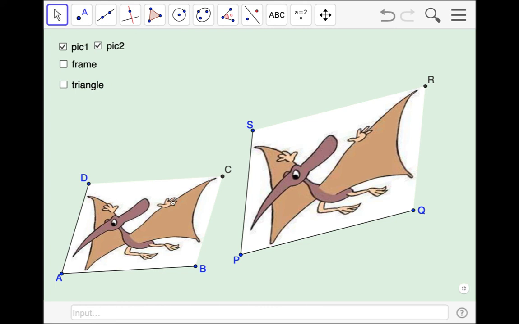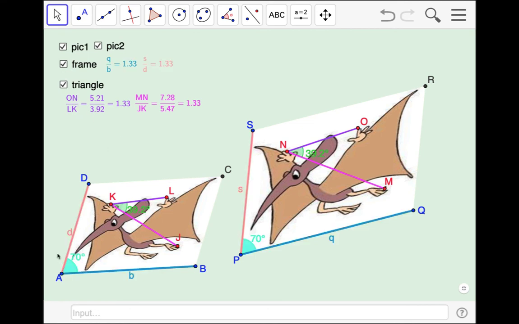Now the last one, are they similar? If you see, the orientation is not an issue. Orientation can be anything. You just have to see if they are in the same proportion. In this also we have taken the same points, marked the same 3 points and observed the angle. The angle is also the same. If you observe the frame, it has the same angle, and the scale factor of the frame is also the same, and the scale factor we have marked in the image is also the same. So we can say these two images are similar.